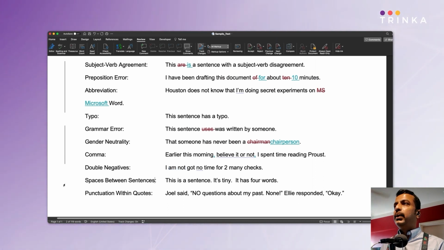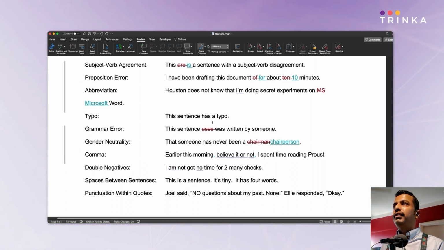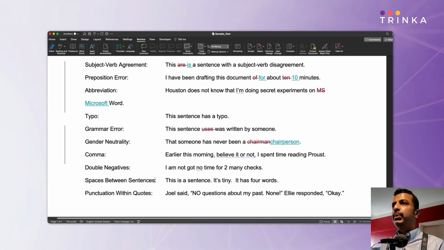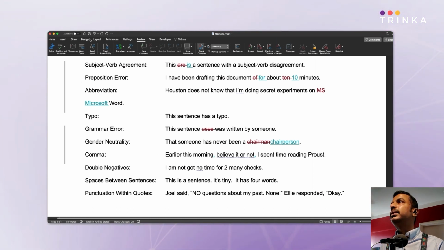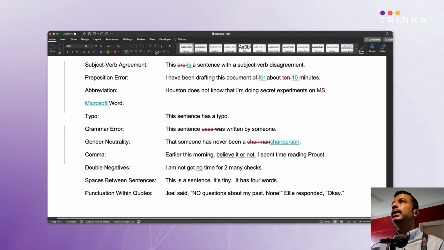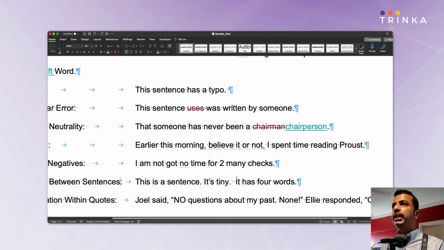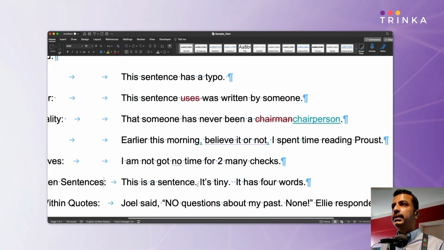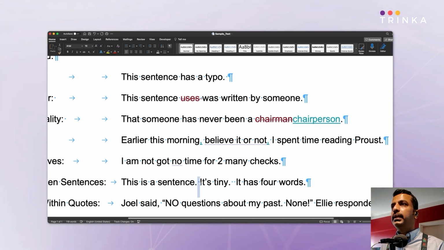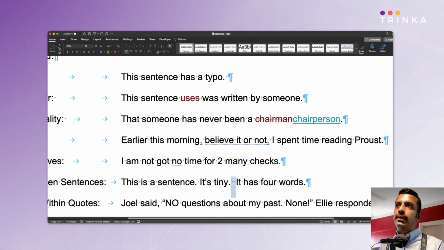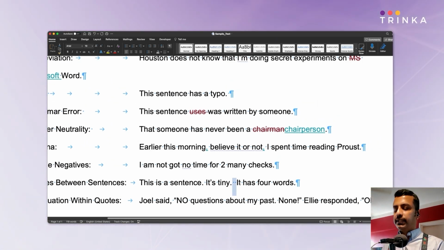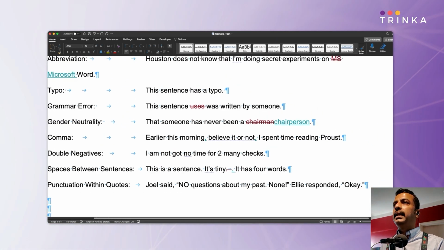All right, now this is again a miss by Microsoft Word. I don't know if you can notice it, but I'm going to turn on Pilcrows, and you can now see, I'm zooming in, that this is a sentence, period, a single space, it's tiny, period, double space. It should have pointed it out. Microsoft Word, you should have pointed this out. So this is yet another miss. And the last one,